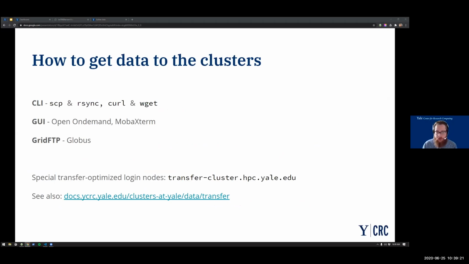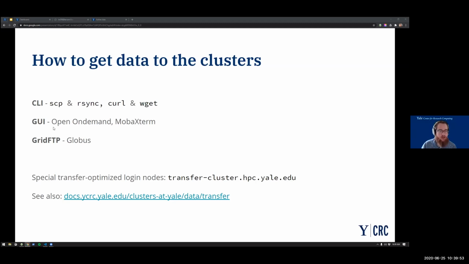So generally there are 3 ways that we talk about transferring files to and from the cluster. There are some command line ways to do so, and they are related to whether or not you're copying things to and from a computer that you're logged into with SCP or rsync, or copying things from somewhere on the internet to the cluster with curl or wget. I'm not going to go over those today because I'm focusing as much as I can on just graphical things.